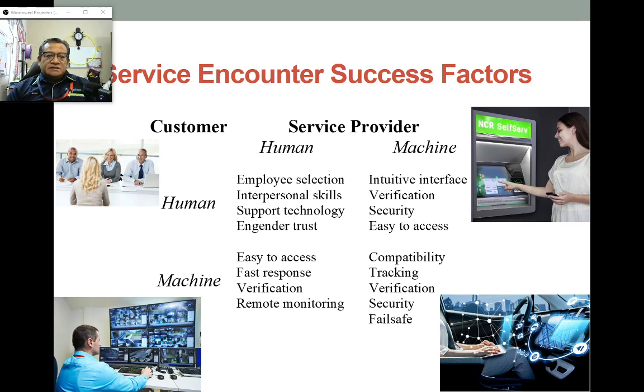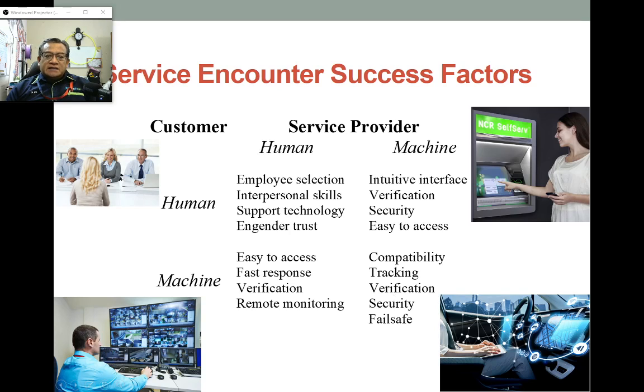So these are the machines, and the service provider, normally the human, will engage the service to monitor the CCTV for any abnormality, for any breach of security. So basically, human is the service provider, and the machine is the customer. Okay, so this is quadrant three. Whereas the last quadrant, quadrant four, the service provider is machine and the customer is machine itself.